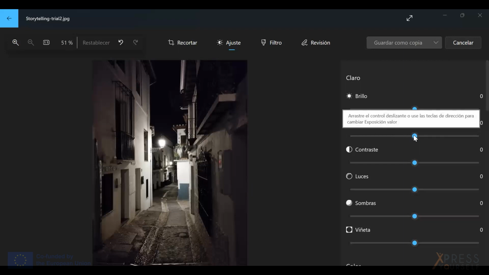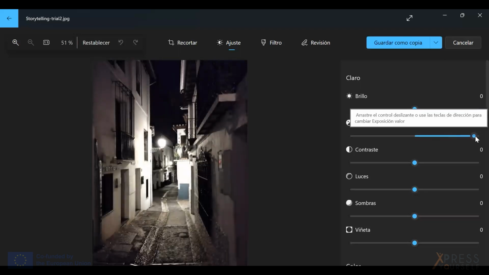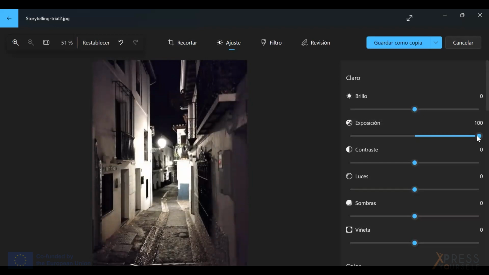So let's see how, when I move it to the right, which is whiter, we'll make the brighter parts brighter. You see, this part is brighter, but I haven't changed much of this. Of course, a little bit, because the light is reaching more points than before. You can see here now a red light that you couldn't see before, but it is the brighter parts that I make brighter. I don't change the rest.